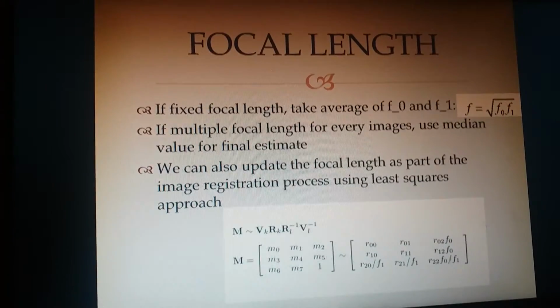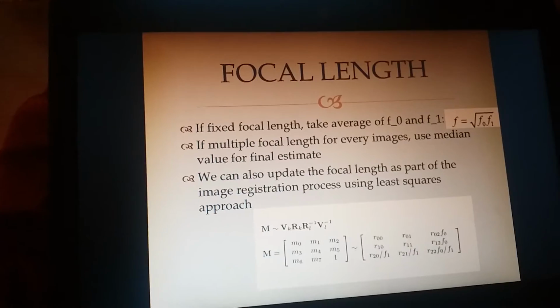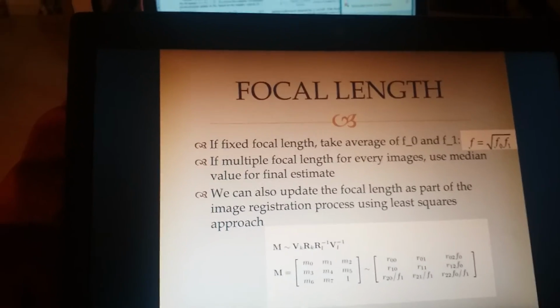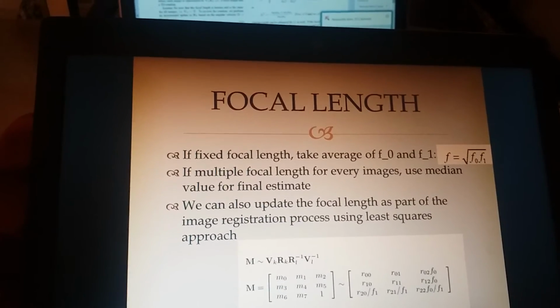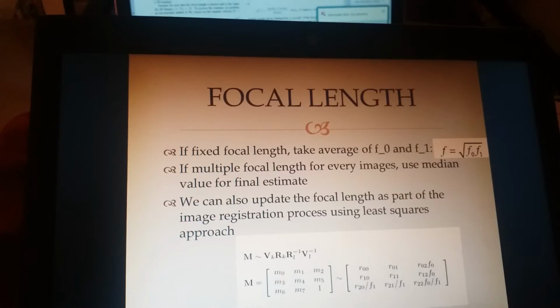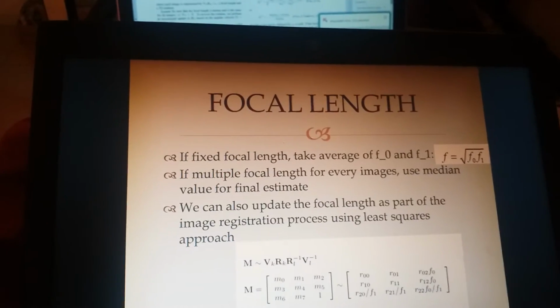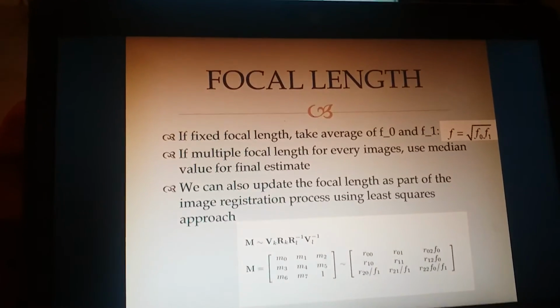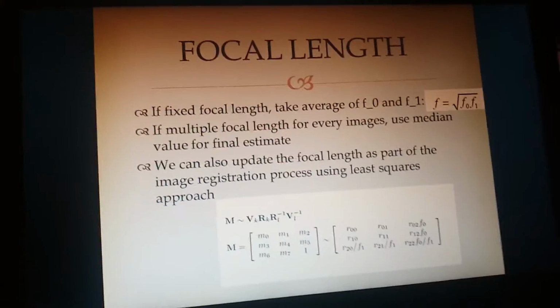Because we'll be using many different images, we'll be getting a lot of focal lengths. So we can use the median value of all these lengths for getting the final estimate. Firstly we have to take the average of f0 and f1 which we'll be getting. So f is equal to root of f0 times f1. This will help us in calculating the focal length.